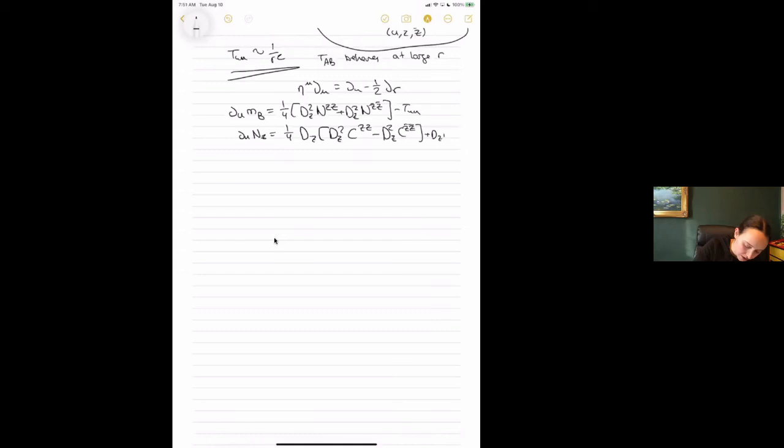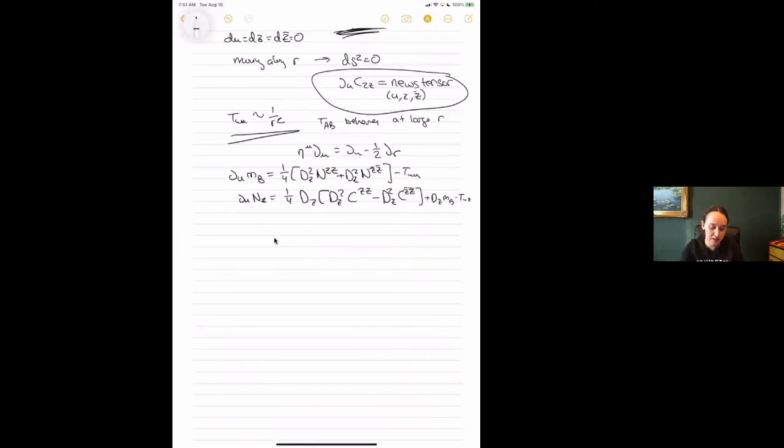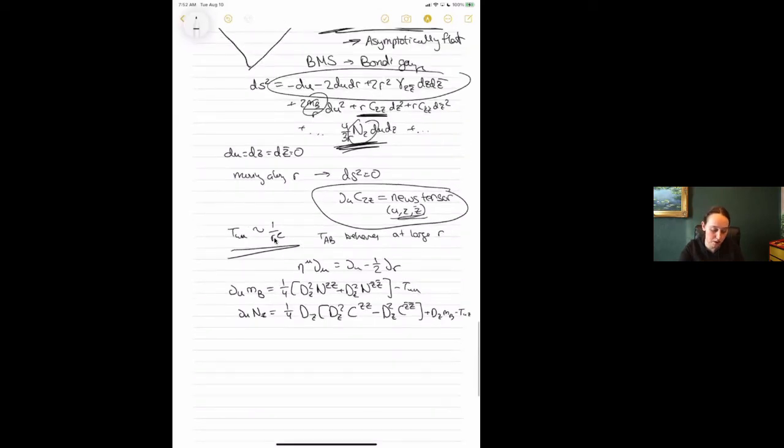So I have these constraint equations, and we're going to see a rule for them later. But for me, the main thing I want to emphasize right now is that essentially the thing I want to specify is the data of my radiative fields, for the out state versus the in state, is this function of u and z, z bar here for this 1 over r part of the metric.